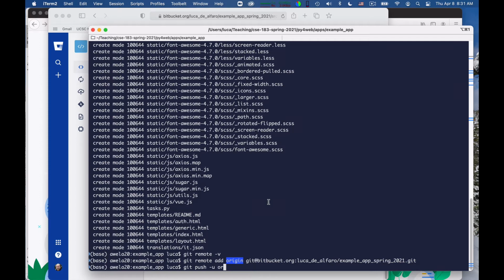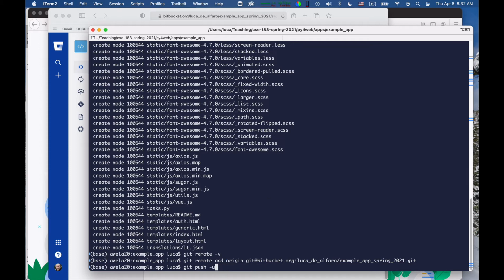So, and by the way, you can add multiple remote repositories for a local repository, right? So that you can push to multiple places. And this is something that I do in the end quite often. For example, for my personal web page, I have 2 remote repositories. One on the Amazon cloud, to which I push when I want to publish changes to my personal homepage, and one on Bitbucket when I just want to do a backup. Okay, so it's quite common to use multiple repositories.